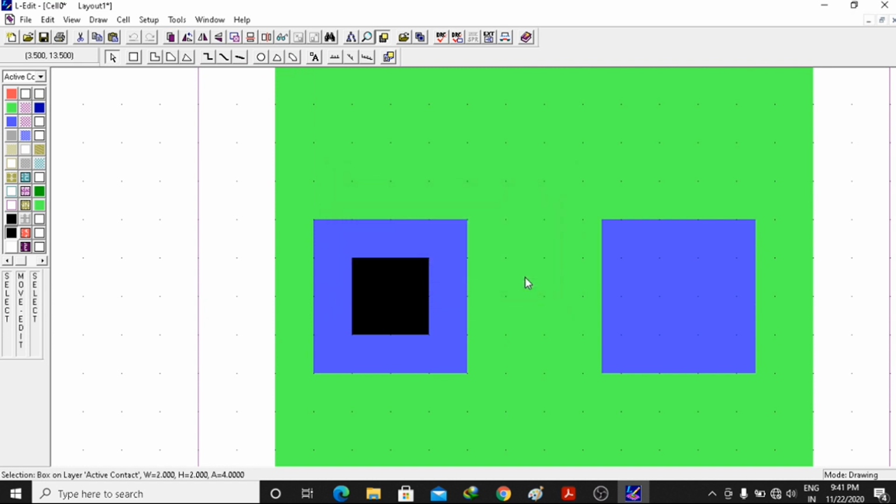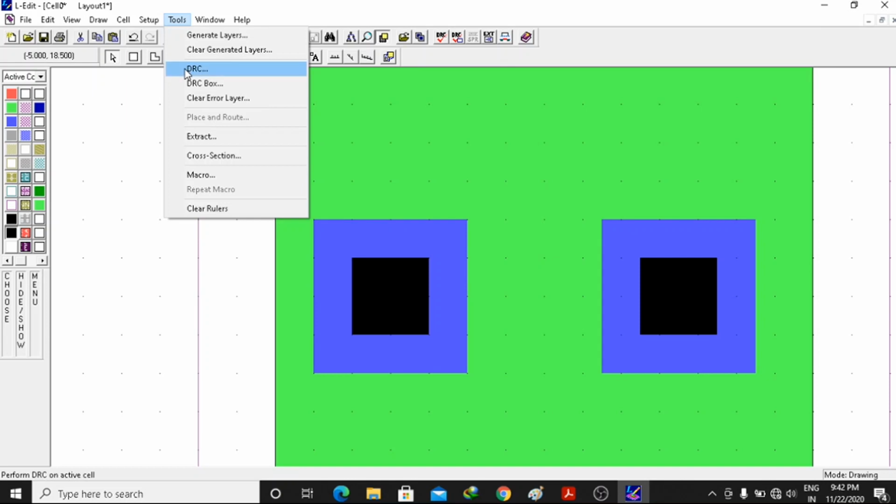After doing this, guys, you just copy it by pressing Control plus C, and then here you can paste it with Control plus V. Once I have got a copy of this, I will click on this, press the Alt button, and simultaneously drag it to the center. You see, I have dragged this. So finally I have created this metal, and on this metal contact, the dimension is 2 lambda by 2 lambda. Spacing is also greater than lambda. So I think we won't find any DRC error.